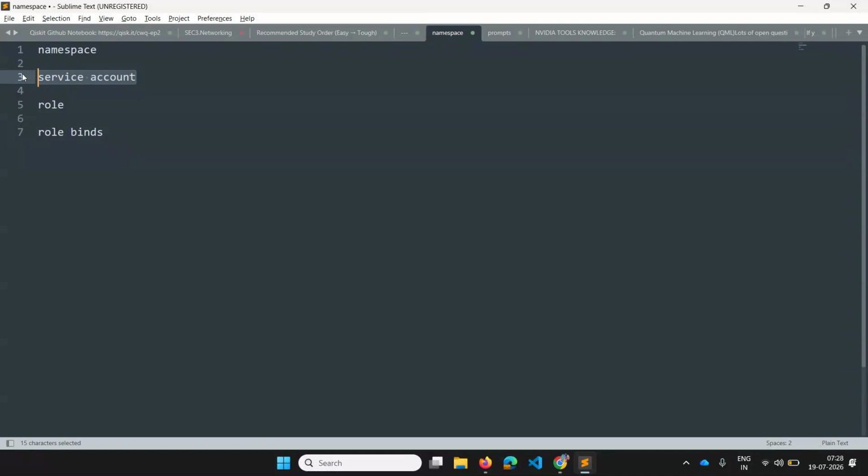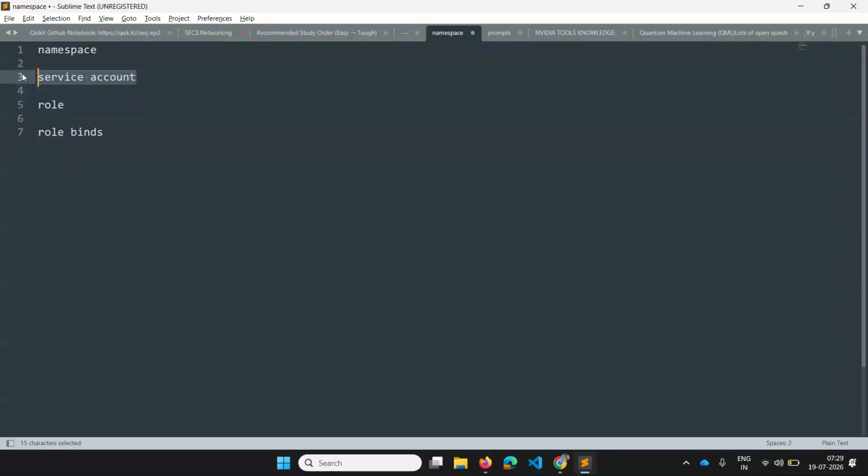If robot 1 is doing this thing and robot 2 is doing that thing, we need to give an identifier to each of them. That's where we create a service account, giving an identifier.